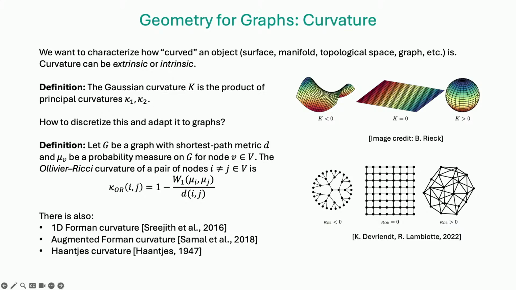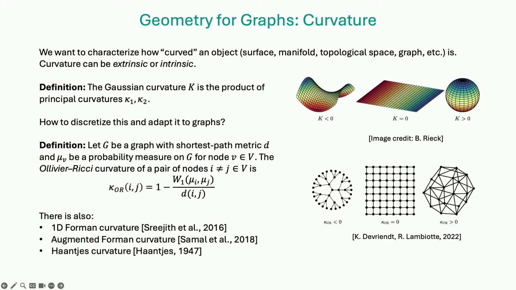So Gaussian curvature is pretty much the classical one, maybe the first idea here, right? These are examples of what Gaussian curvature looks like: hyperbolic spaces, flat, spherical cases. And the idea is, can you discretize this and adapt it to graphs? And the answer is yes. There has been quite an active community working on discrete curvatures, discrete geometries in particular, to adapt them to graphs. And probably one of the most famous adaptations here is the Ollivier-Ricci curvature.